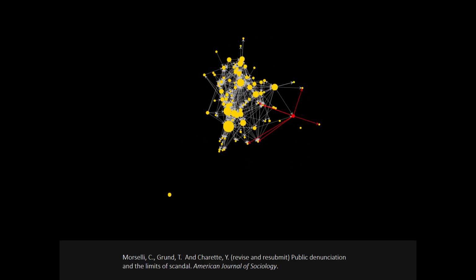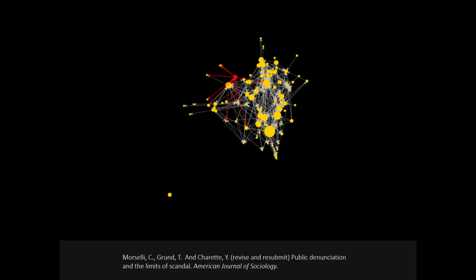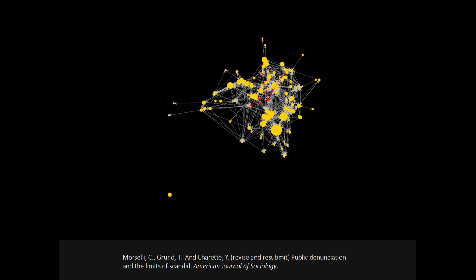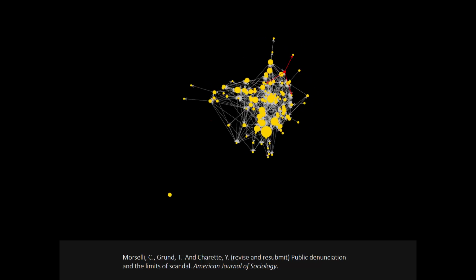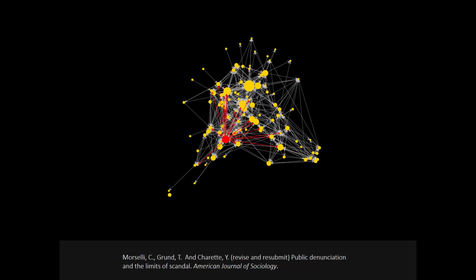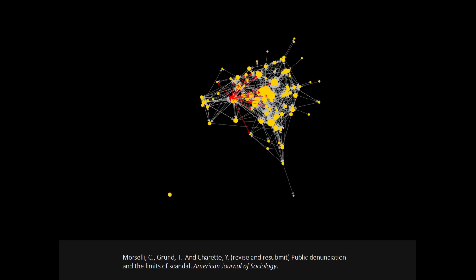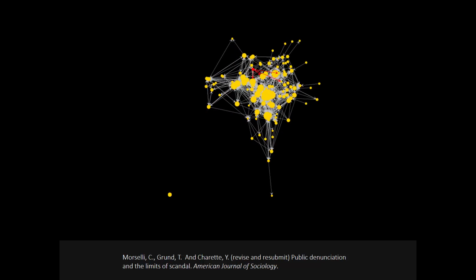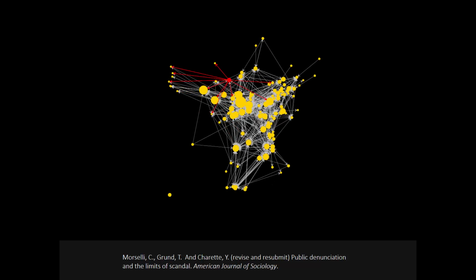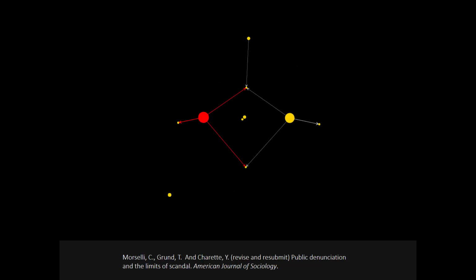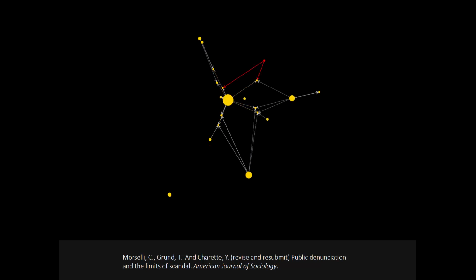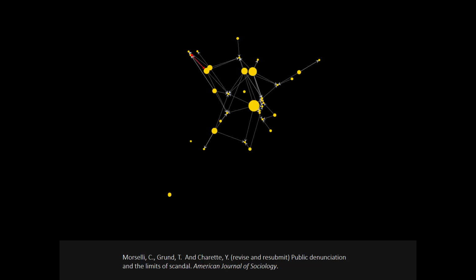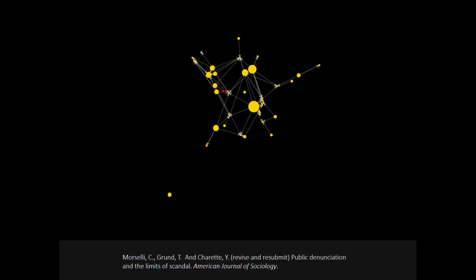The gist of this paper is that whatever people say, who they denounce, depends on all the denunciations that happened up to that point. And we find evidence for that. If you denounce me, I'm more likely to denounce you as well. That makes a lot of sense. That's something we call reciprocity. If you put effort into something, then I'm more likely to put effort into it as well. If you don't, I don't. That's a relational aspect that we have here.